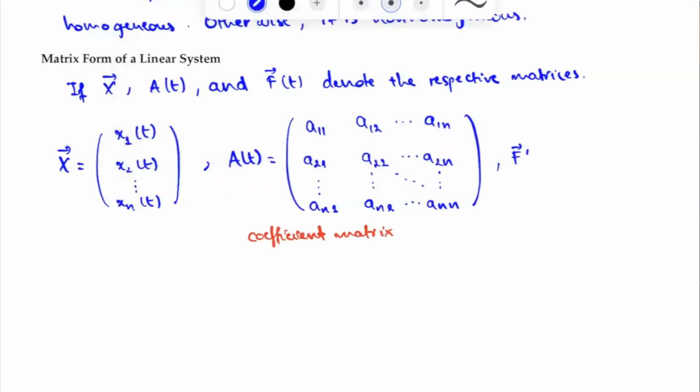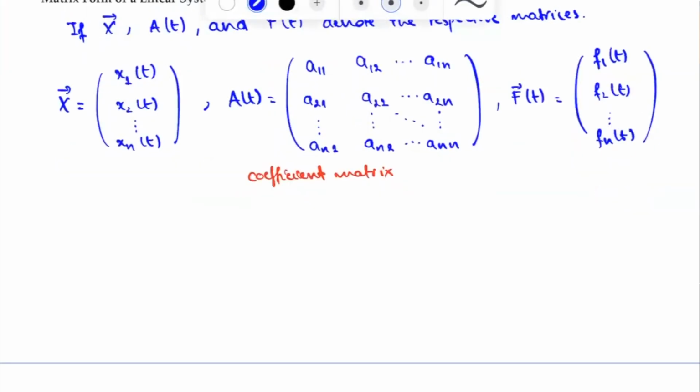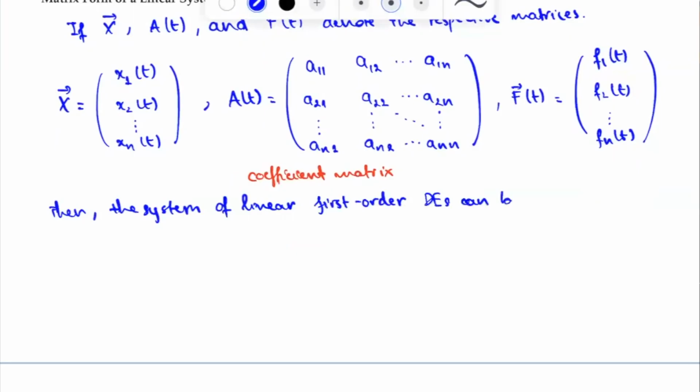Now for F, the external force, it's going to be F1(t), F2(t), up to Fn(t). So using these notations, we can write down the system of linear first order differential equations as follows. The system of linear first order differential equations can be expressed as